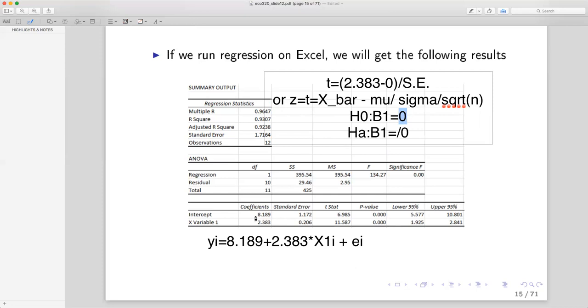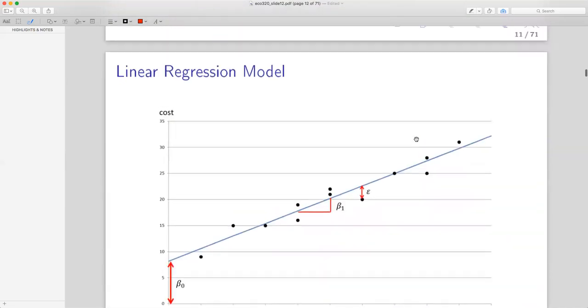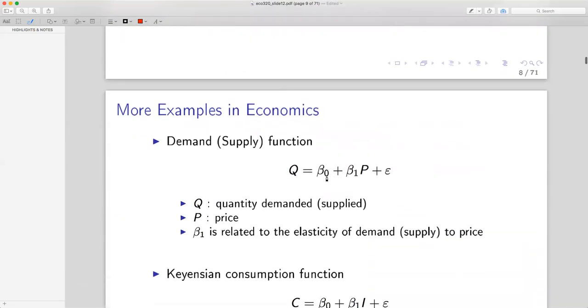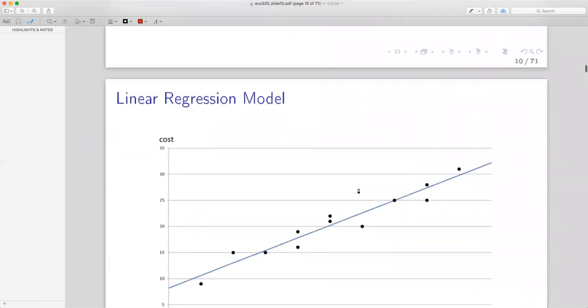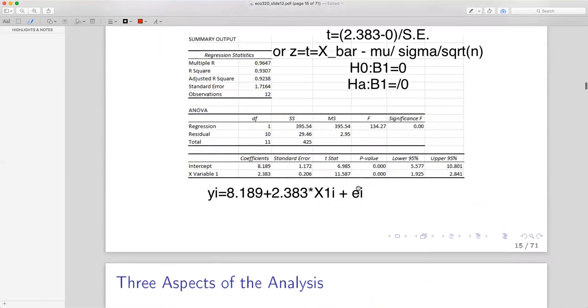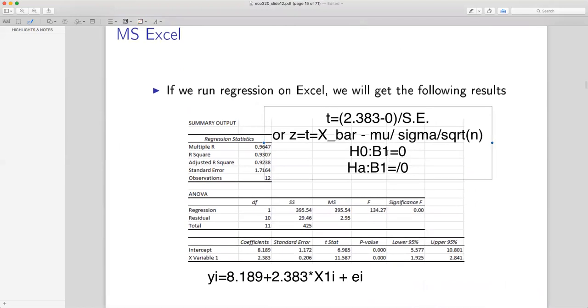Same thing over here. Your intercept was beta 0, right? If you come back to this, this one was your intercept and this one was your beta 1. So your null hypothesis is always equal to 0. That's why I'm subtracting 0 from 2.383. If I were hypothesizing this equal to 3, for example, and not equal to 3, then I should put 3 here. But since in this regression part we are going to use only zeros,